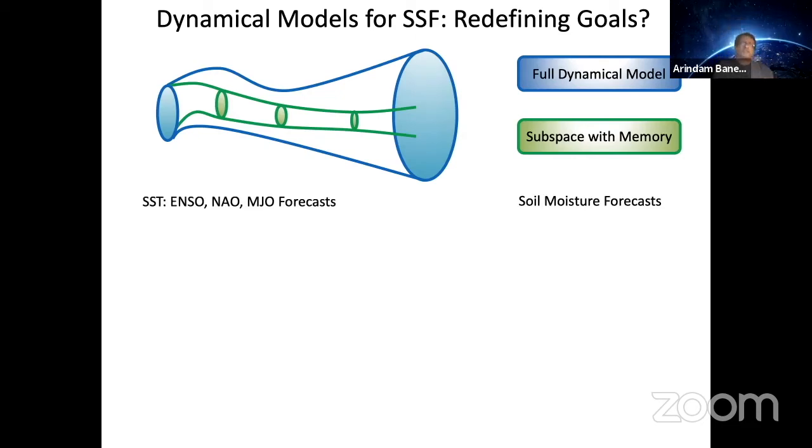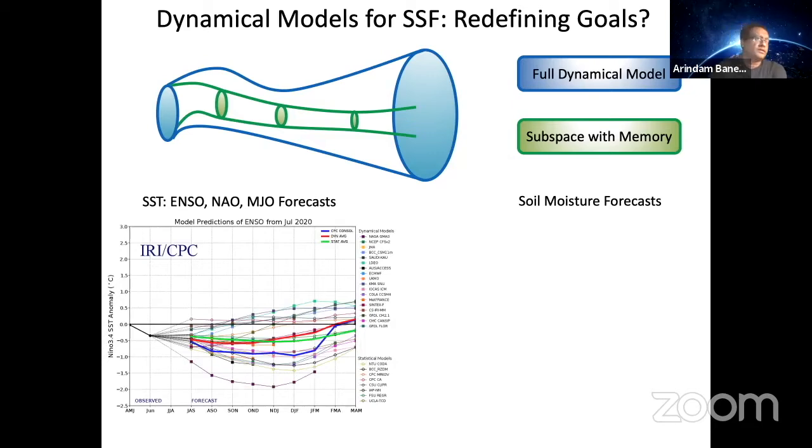So we want to briefly touch on what happens with SST and soil moisture. So SST, let's say take ENSO, right? There's a lot of ongoing work at Columbia IRI and the NOAA CPC. They do release these forecasts based on both dynamical models and statistical models as to how the ENSO index will look going forward. This is the current forecast. So you can see that it's going negative. So probably La Nina phase is going to start, and so on and so forth.